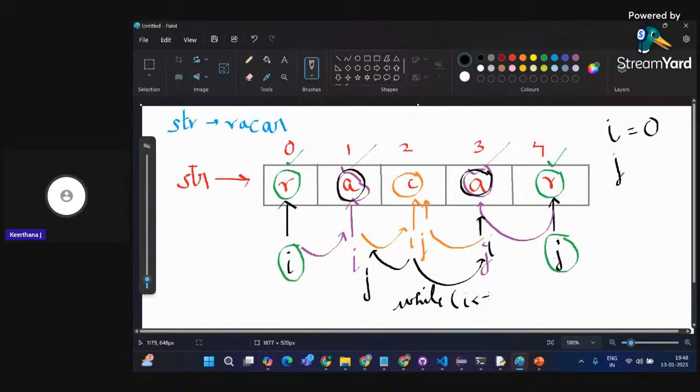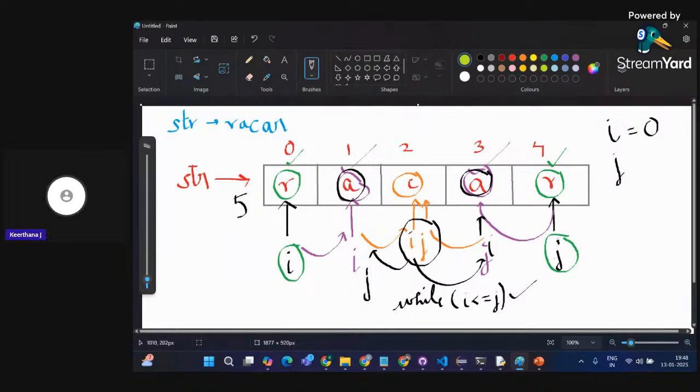Why am I including equal to here? Because in this case I is equal to j, when your string length is odd. Here it is 5, right? When your string length is odd, obviously you'll get a condition where your I and j have the same value. That's why I'm including it. So until this condition is true, the loop will be executed.